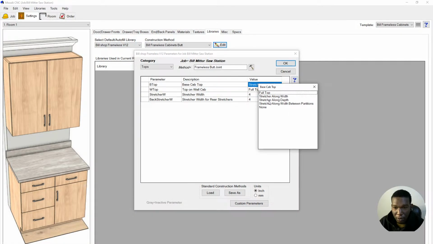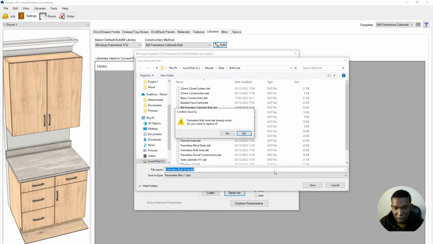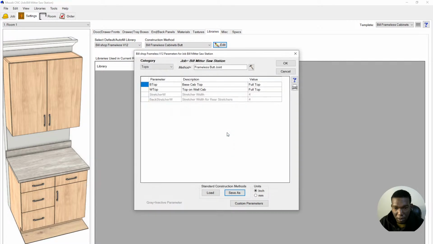So we're going to go with full top. Okay, we save as yes. We are modifying those construction method for build frameless cabinet part,